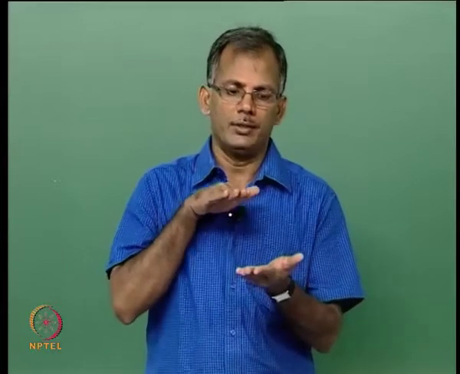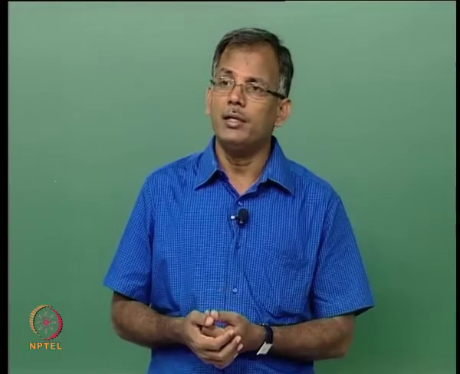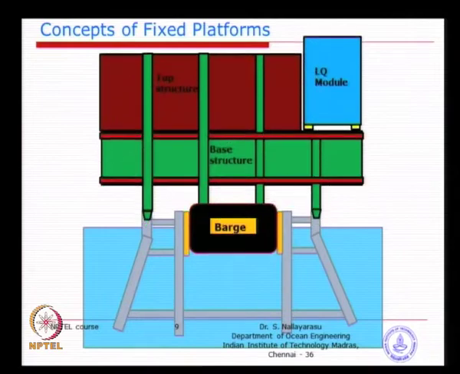During the mating process, several locations will have different wave heights, different sea states. So, if you come very close, say half a meter or less, due to the movement of the barge up and down, you may actually impact. So, typical numbers are about 1 to 2 meters, depending on the sea state during which you are going to do this operation. If it is very quiet weather, maybe you can come with a smaller gap, otherwise you have to use a larger one.